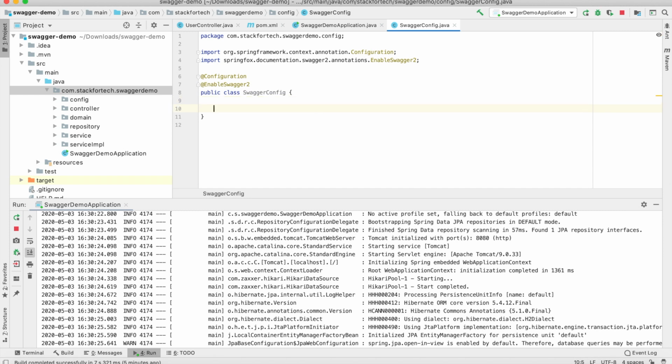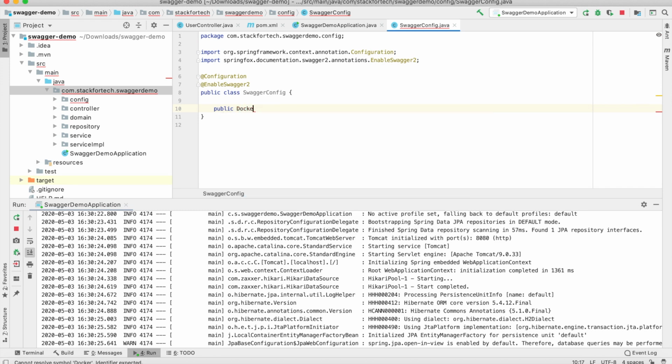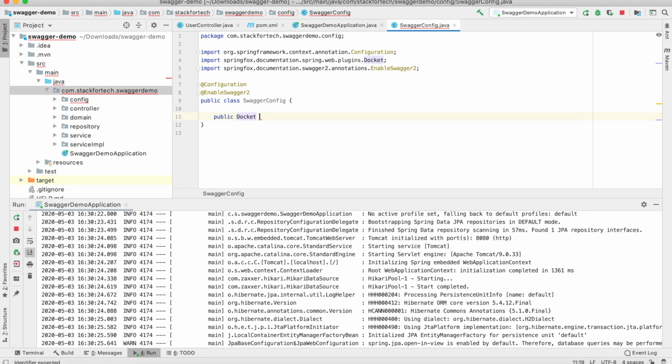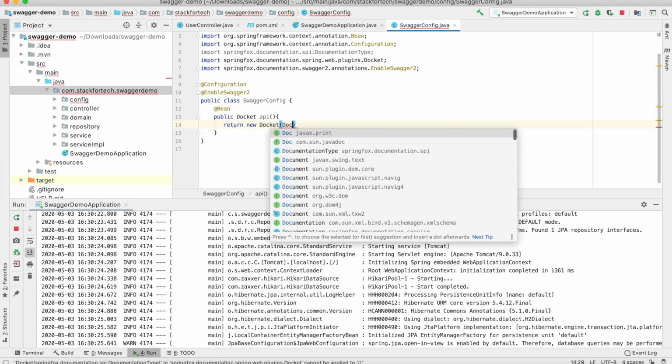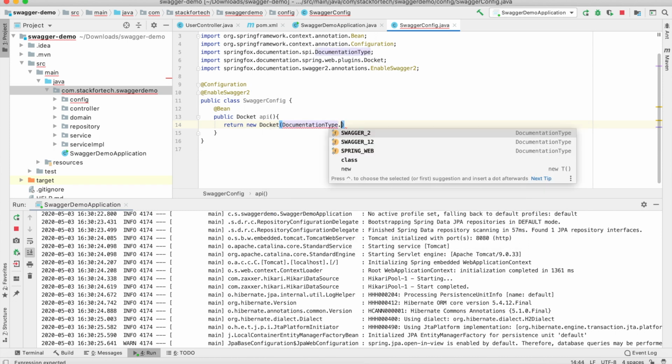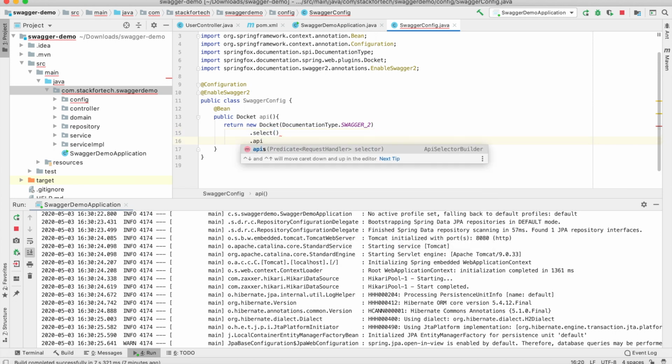For that purpose, we need to create a function which will return a Docket. We can give it any name, let's say api. This is the function name I'm giving, and I'll mark it as @Bean. We'll create a Docket and return it: new Docket with DocumentationType.SWAGGER_2, then .select(), and then .apis().